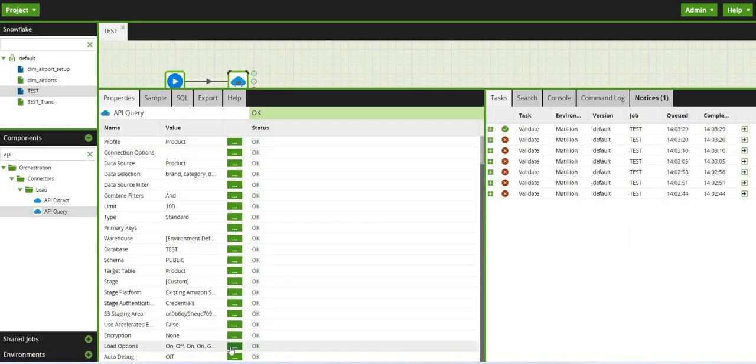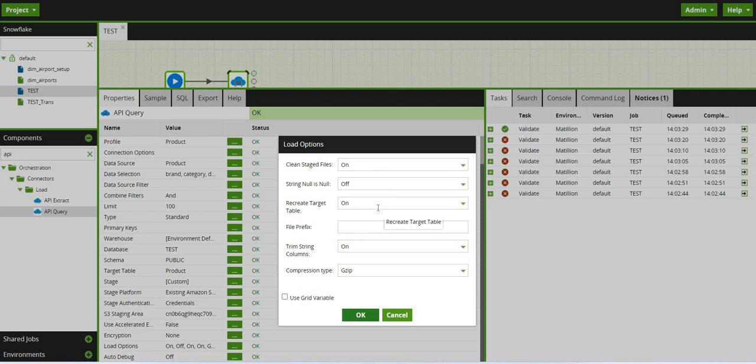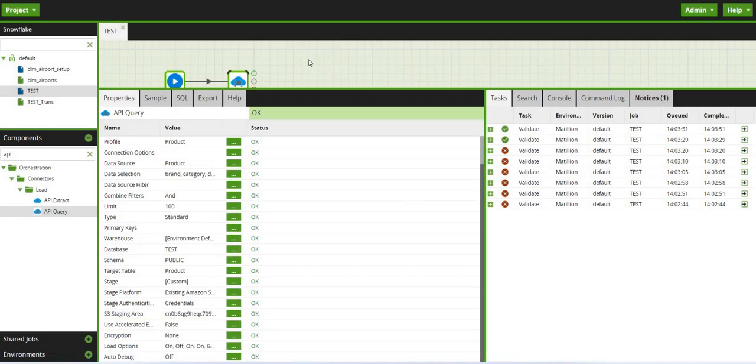You have load options here. This is your option whether you want to recreate the table on every execution or it should be off. I am making it on, so this table will be recreated every time I run this component. Click OK.